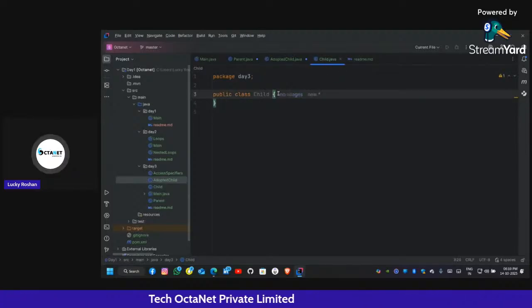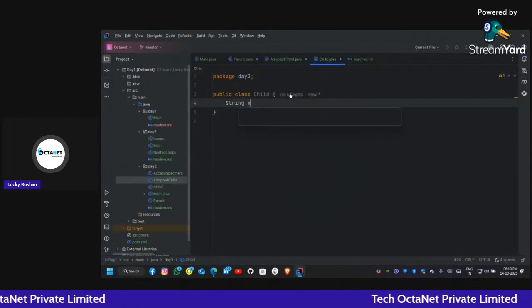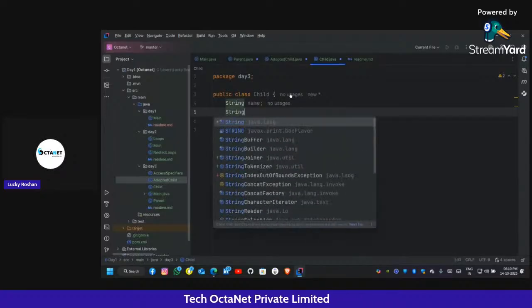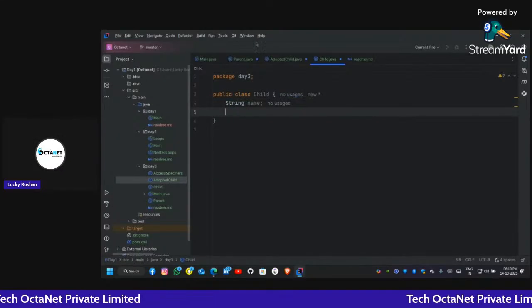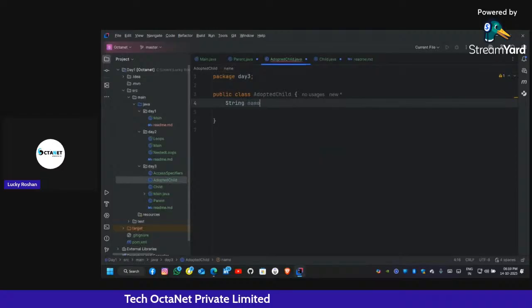The child has its own name, so it will have its own string name. The title should be inherited from the parent. So in adopted child, it will also have a string name.